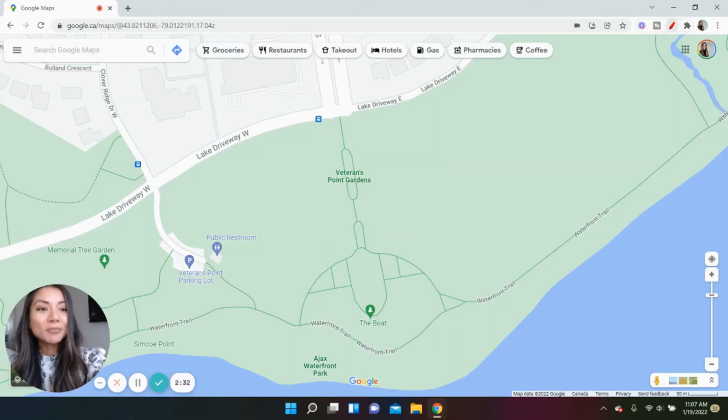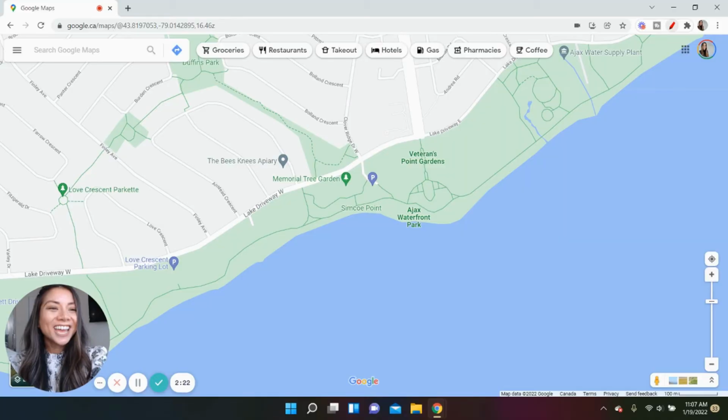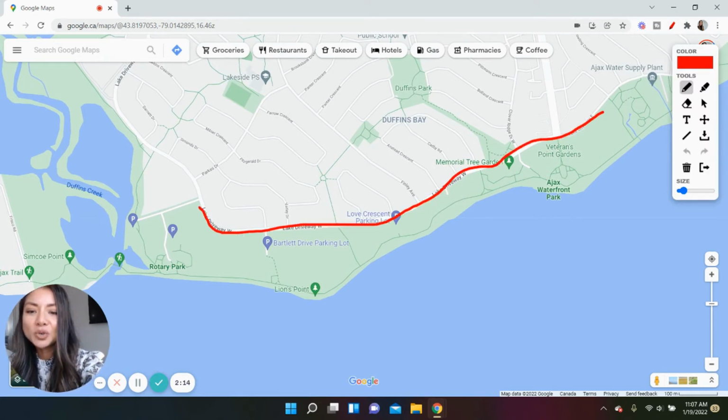And that's actually how Ajax got its name. It was named after this battleship. So, you've got a beautiful setting along Lake Ontario. You can walk around, and it's sort of an unexpected surprise because you think you're going for a nice walk, and then all of a sudden, it's a history lesson. And then if you just walk a little bit further down, walk or drive along Lake Driveway, it's about 2.5